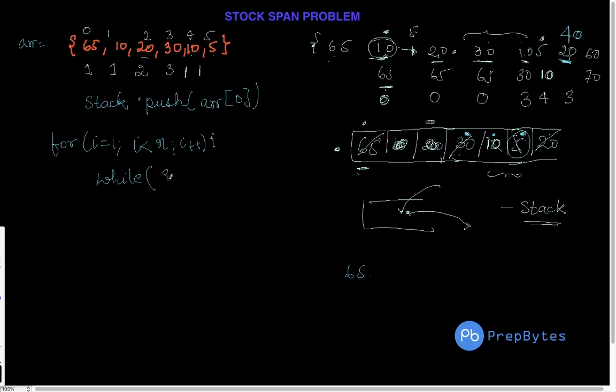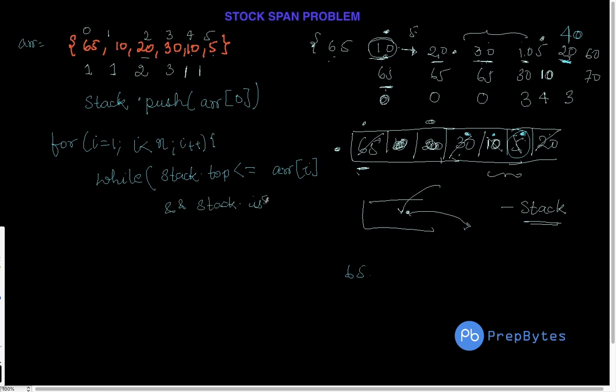So we check that while stack.top is less than or equal to R[i]. We are always checking, right? If it is less than or equal to R[i], then we will continuously remove the elements. But we also have to check that it might be the case that we are removing the elements and all the elements are cleared. So we have to ensure that the stack